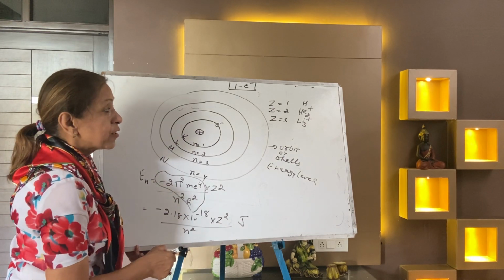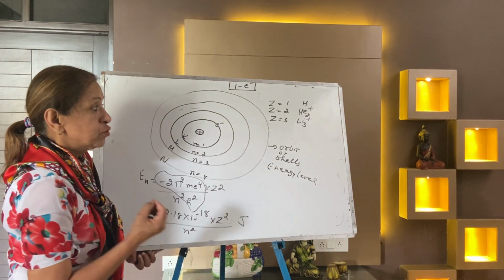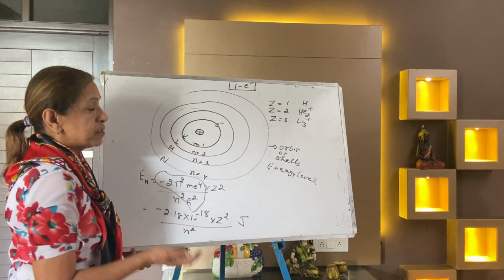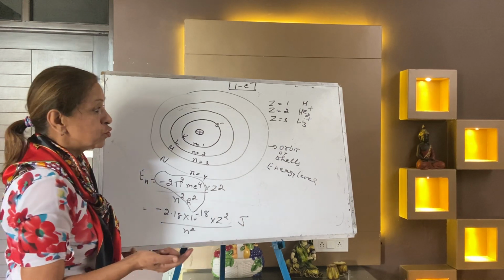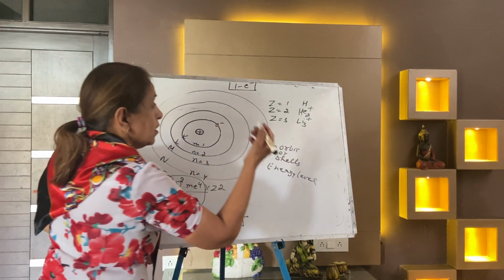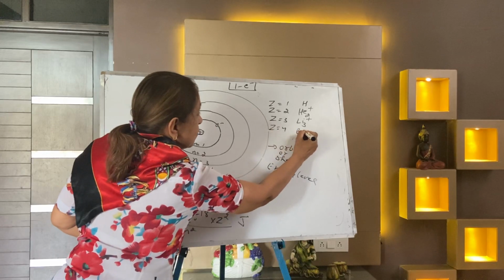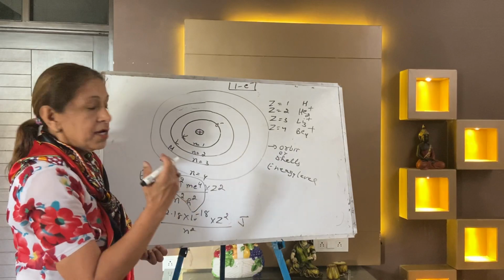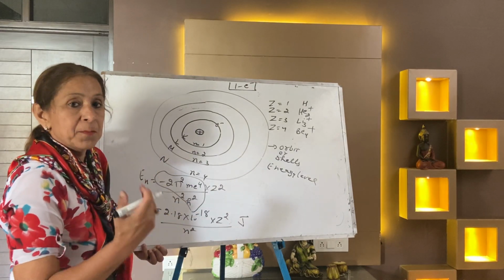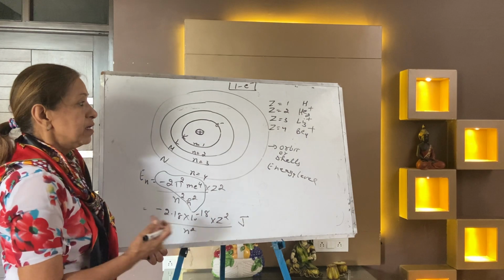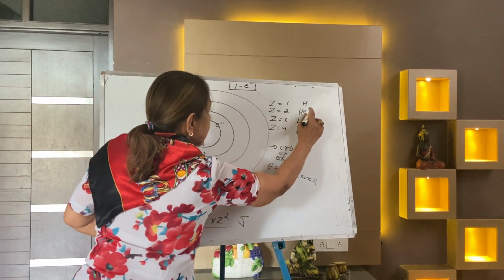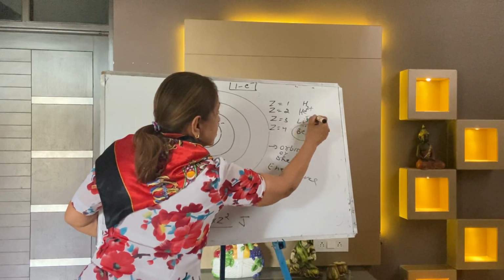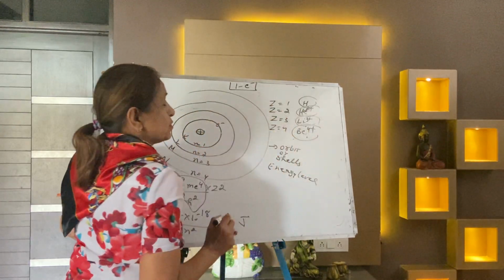That is, a single electron is present in hydrogen, He2+, and Li3+. The atomic number of hydrogen is 1, of helium is 2, of lithium is 3, and beryllium is Be4+. So these are single electron species: hydrogen, He2+, Li3+, Be4+. You can write this way: 2+, 3+ and 4+. So these are all single electron species.